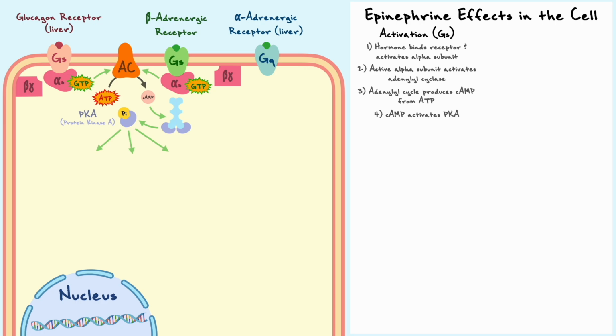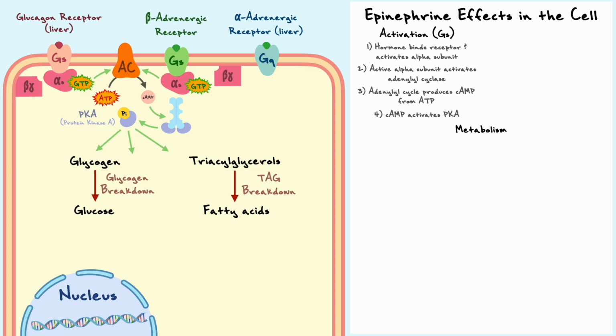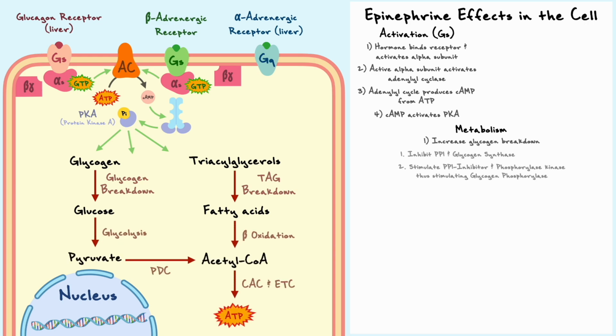Although this will upregulate the same catabolic pathways glucagon activated, so glycogen and triacylglycerol breakdown, as well as beta oxidation, there are some differences between the two hormones depending on the tissue. If we consider muscle cells, epinephrine's function is to mobilize nutrients for energy production, so instead of promoting gluconeogenesis and ketogenesis, the hormone will promote glycolysis and the degradation of acetyl-CoA to make ATP via the citric acid cycle and